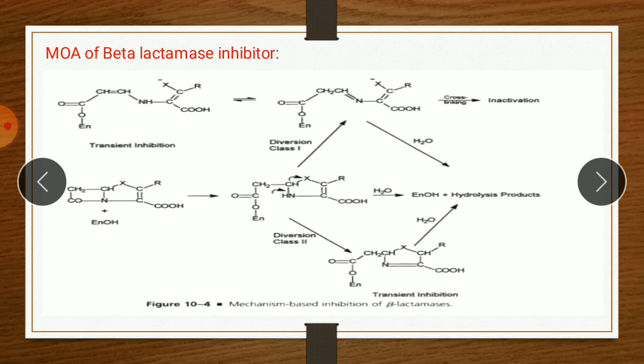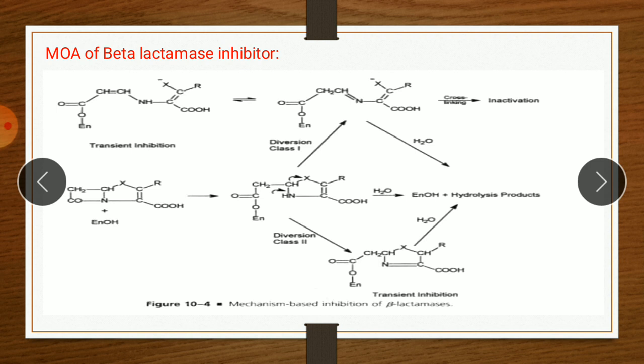So in short, if we give only beta-lactamase sensitive penicillin, then it does not work for a sufficient period of time because it is easily attacked by the beta-lactamase enzyme. But if we give the combination of beta-lactamase sensitive penicillin and this type of drug, that is a beta-lactamase inhibitor drug, then when these two drugs are given in combination, the beta-lactamase inhibitor drug blocks this beta-lactamase enzyme for a